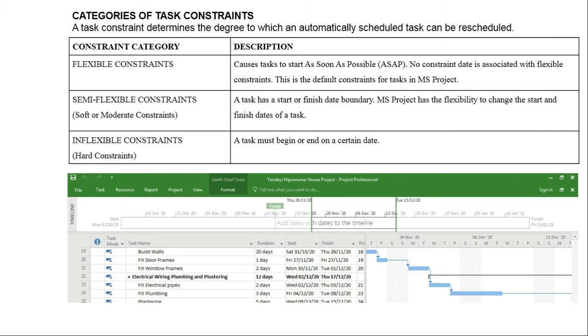Then we have what we call semi-flexible constraints. So a semi-flexible constraint will put a date boundary, but it can only define one date. For example, we can specify the date by which a task must have started, or we can specify the date by which a task should have finished. So there's a date constraint, but we can only put that constraint on one side, either on the starting or